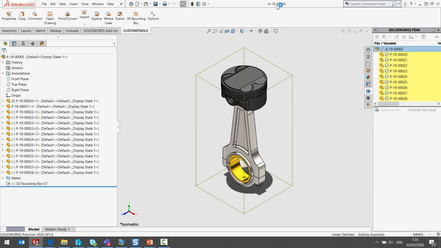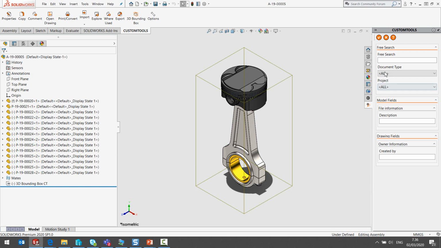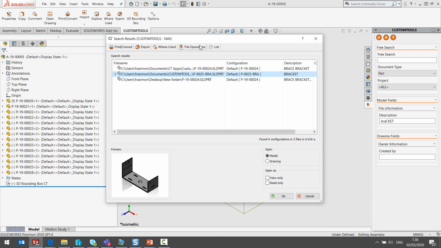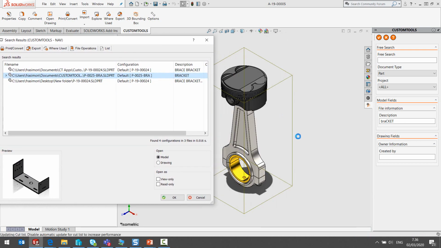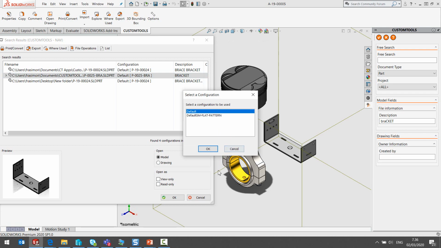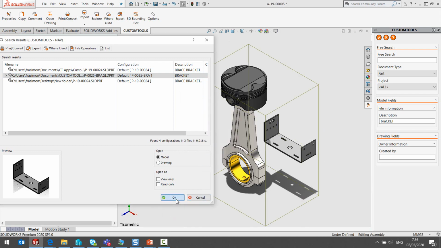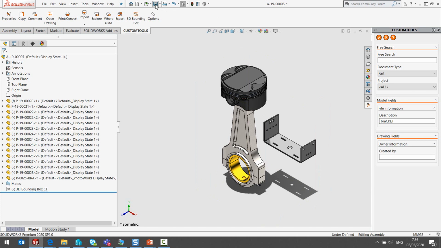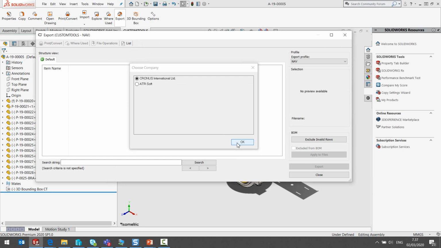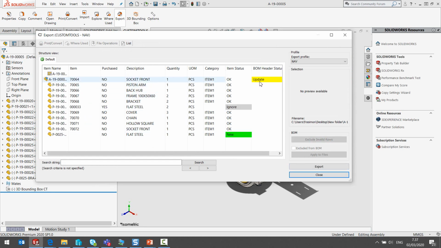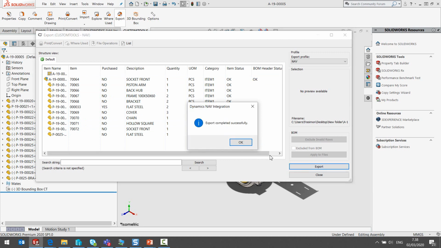If I now go back to SolidWorks, I want to show you also how I can update the BOM inside NAV if changes are made inside SolidWorks. So I'm going to add a SolidWorks part into that assembly. So now the SolidWorks assembly BOM is different than what I have in NAV. So if I go back to NAV, if I click once again on export, we can see that one item was added to the BOM, and also the BOM will be updated inside SolidWorks.